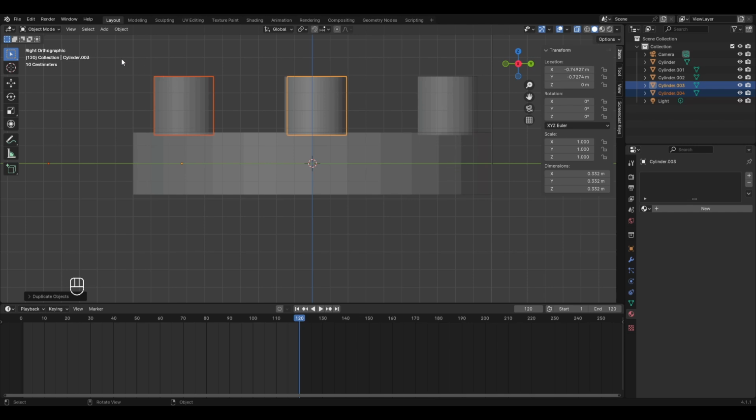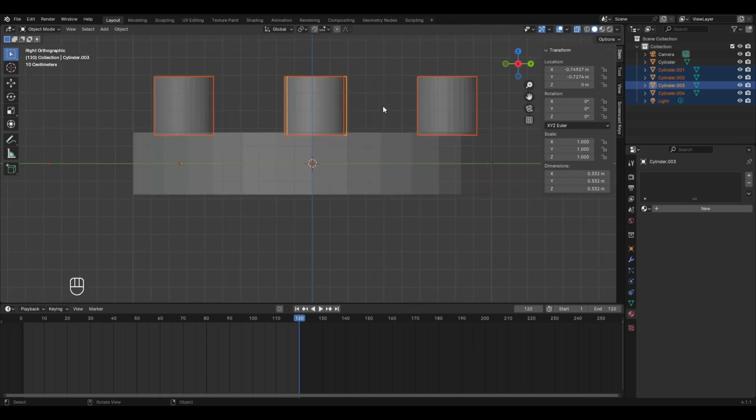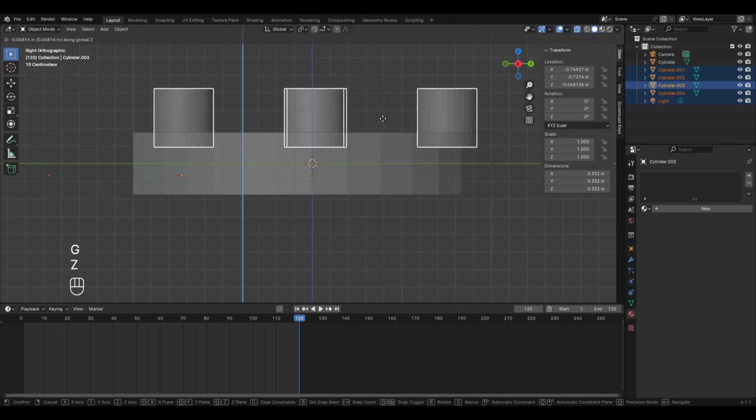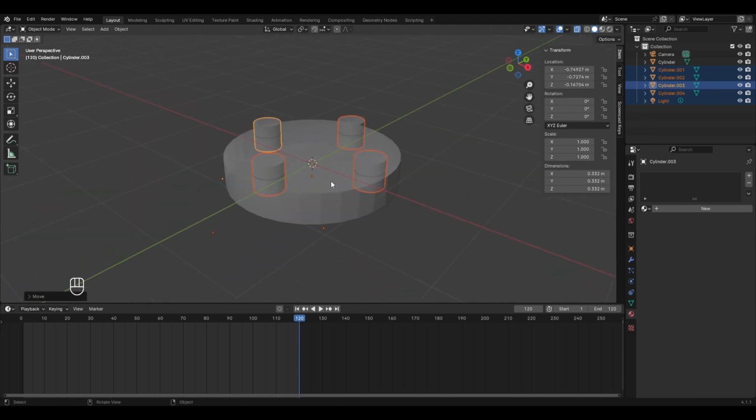So I'll select all 4 of them by dragging like this, and now if I release, all the 4 cylinders will get selected, and I'll move them down in the Z axis by pressing G and then Z, and let's place them here and left click to finalize. Now I'll turn off the X-ray mode by pressing Alt plus Z, and to create the hollow spaces, we'll use